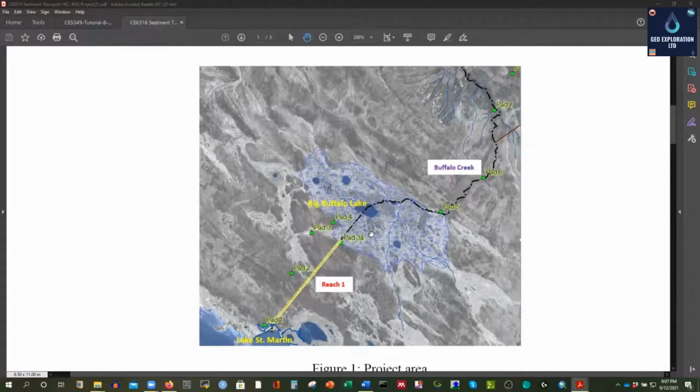And in the next part of this video, I'll show you the sediment transport model for this study area. That's why I have selected this lake, because I have the measured sediment data for it and the unsteady flow data as well. So I'll share with you the bathymetry or the cross-sectional data that I have, and you can open it and follow what I'm going to do right now,